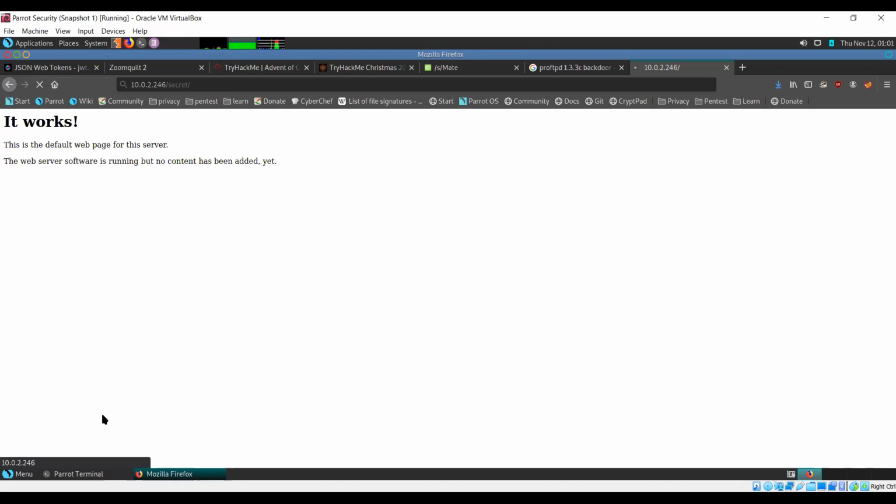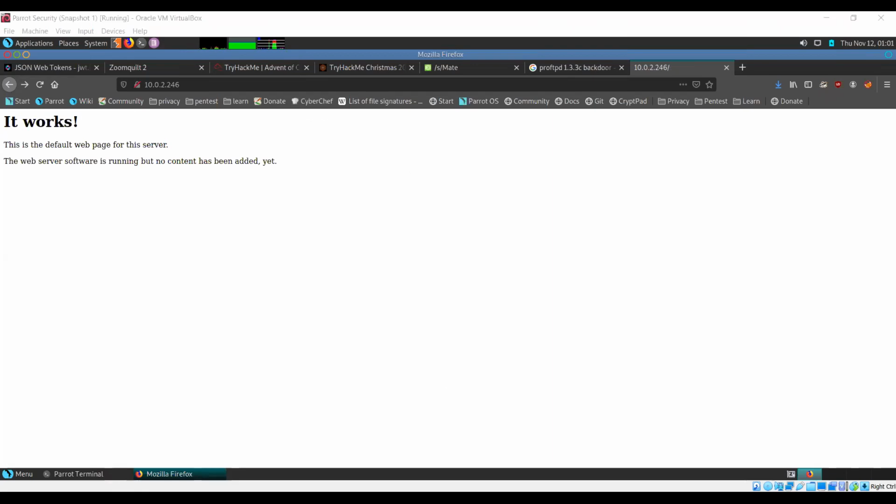It's not opening. Okay. What I need to do is reset my VM here because it's still in the exploited state. So just give me a couple of minutes. I'll do that and I'll restart this process.